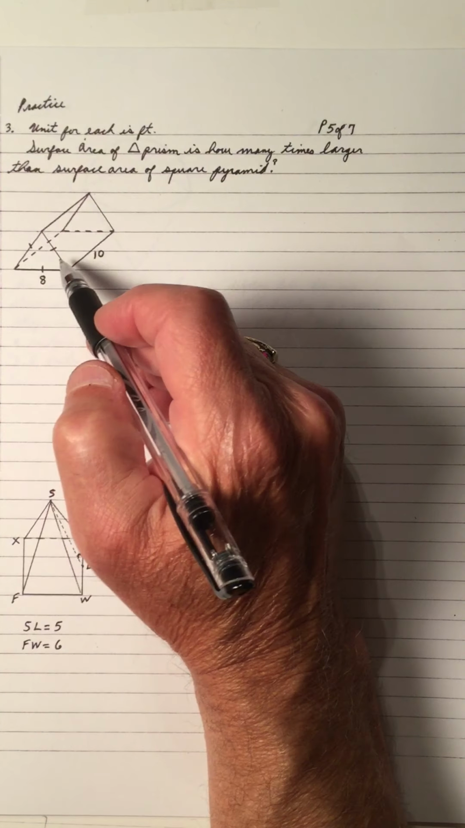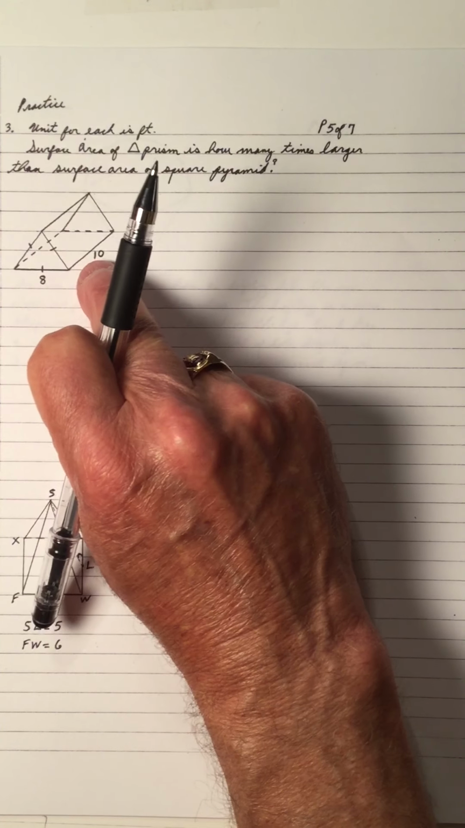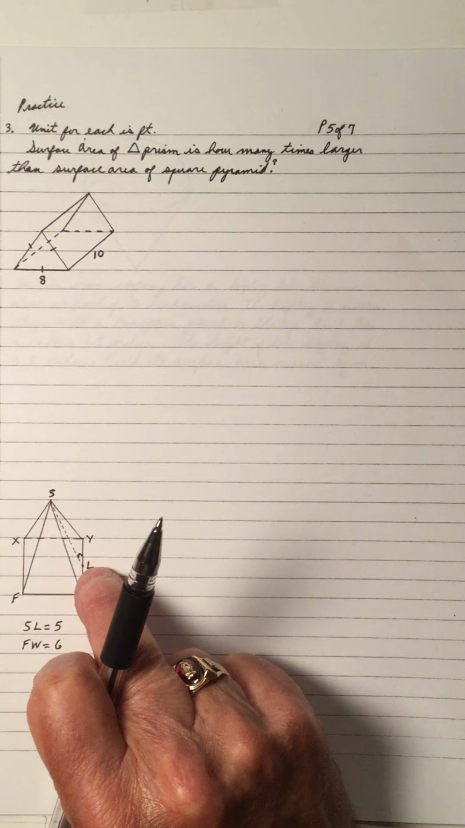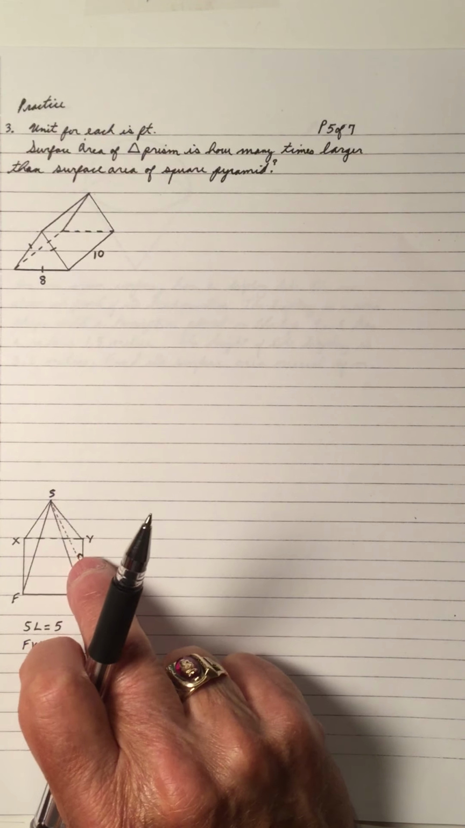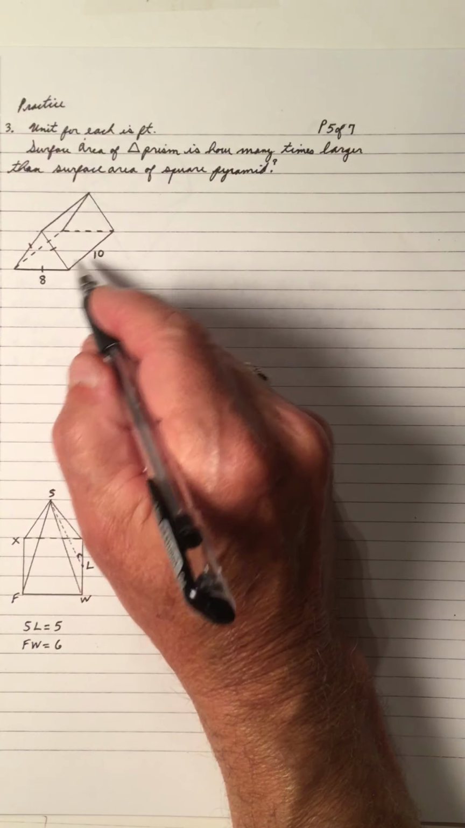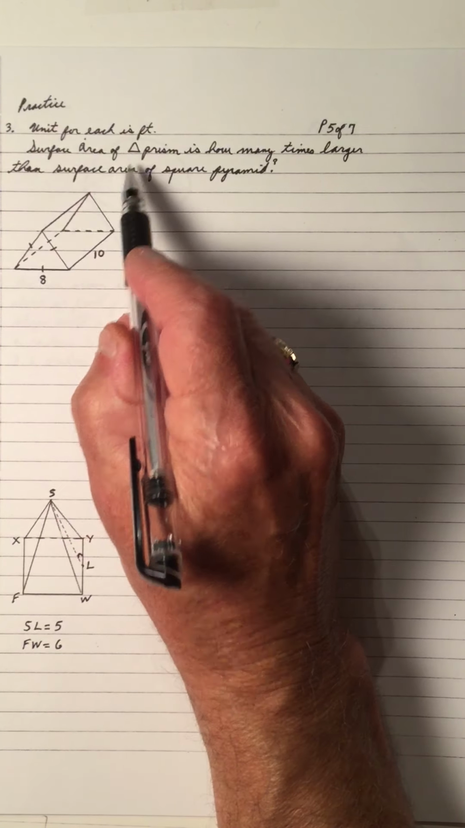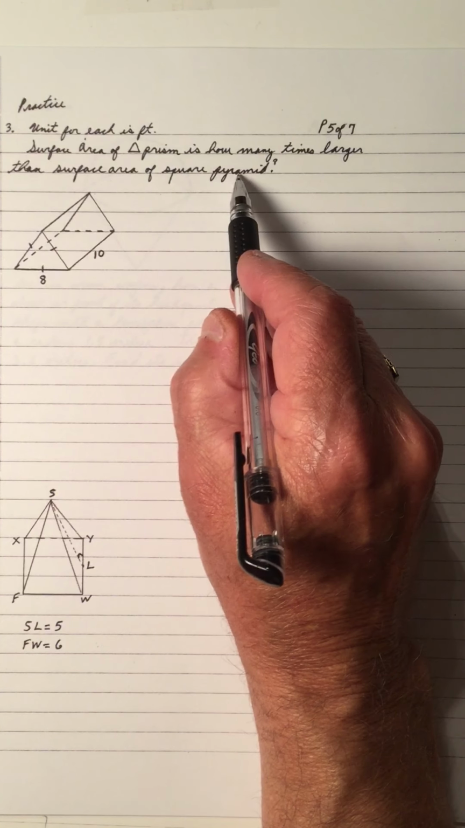The units for this is feet. So the triangular prism and the square pyramid all have feet. So that's 10 feet, 8 feet, etc. Now, the surface area of the triangular prism is how many times larger than the surface area of the square